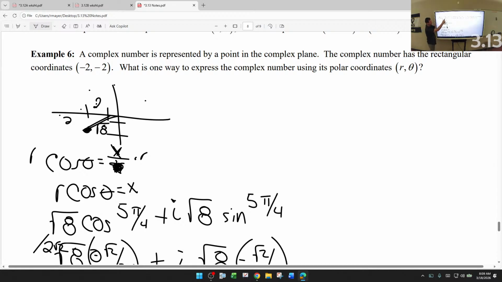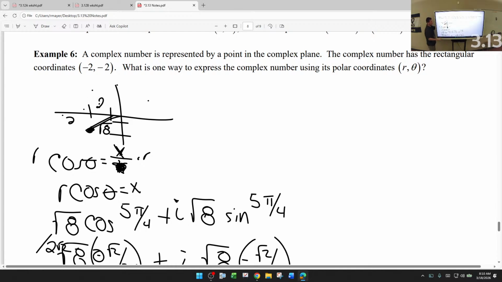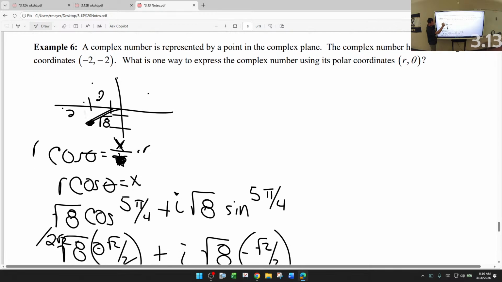All right. Rectangular. The complex number has a rectangular form -2, 2. So it's actually -2, -2i, but we'll go -2, -2. Negative 2, which gives me the hypotenuse of root 8. So once you have negative 2, root 8. Okay, we got negative 2, root 8. Your x point, or your cosine point,